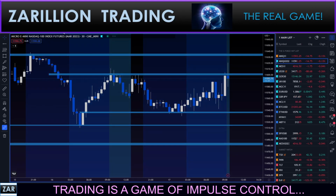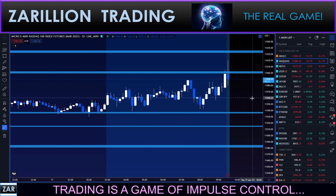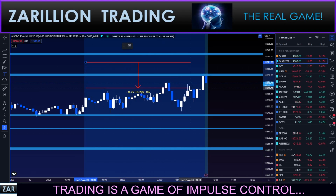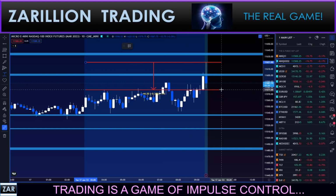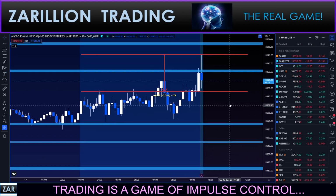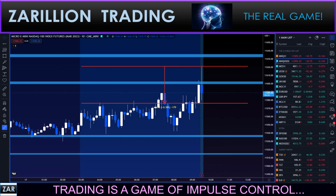Take a look at the 10-minute for a moment here. So the 10-minute chart will often, or the candle will often become my opening range. My minimum opening range looks like this. But since there's another big candle right beside it, that would be incorporated into my open range. As you can see here,